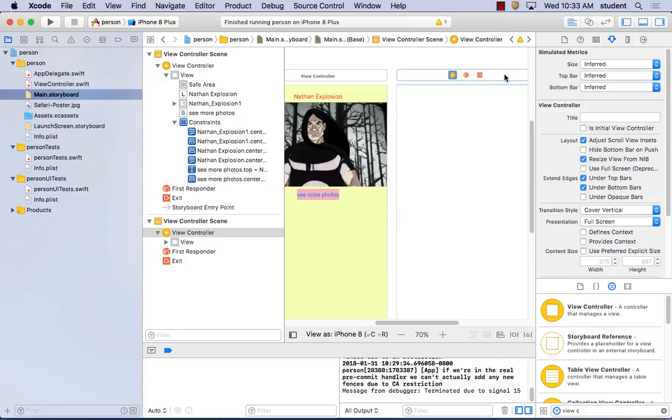You can also duplicate the view controller so that your background color and all the assets come over, but then you're bringing a bunch of junk over you might not want. You can duplicate this and have a little screen, or you can go and drag it in. Now right now,